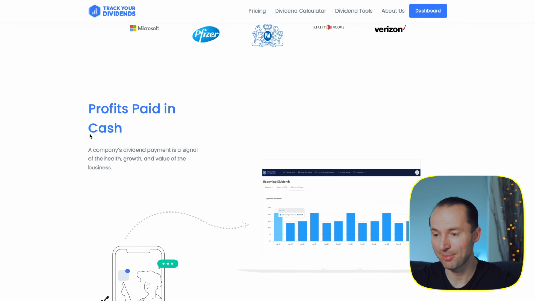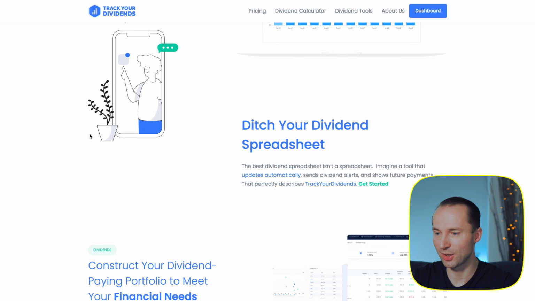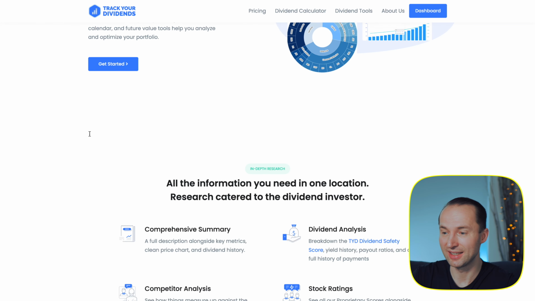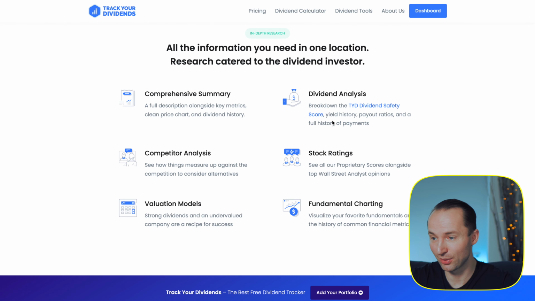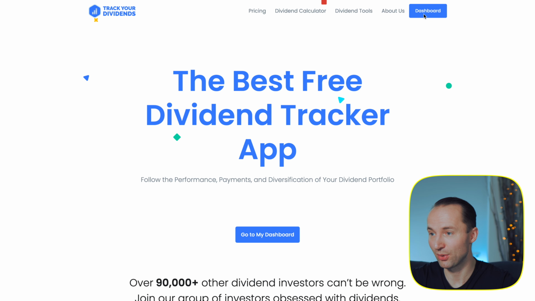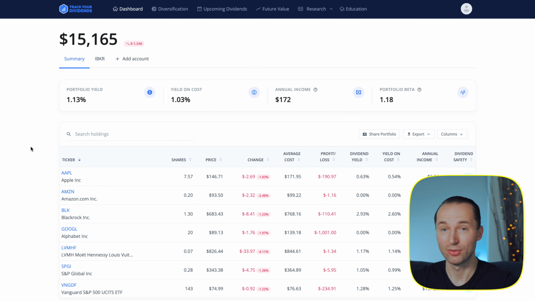They sadly don't have an app at the moment, but overall the interface is really quite powerful. And yeah, as you can see, really get some nice insights over here and a good dividend analysis. So if I go into my dashboard, I signed up already. Right now I'm on the trial for the paid plan. So usually you won't see all of the things I can see right now. It's a little bit more limited on the free plan, but once you have the paid plan, it's actually really